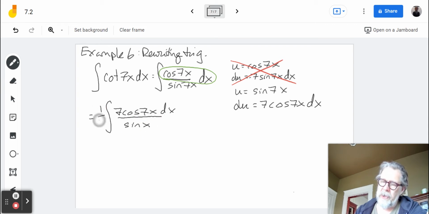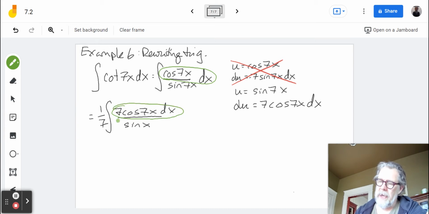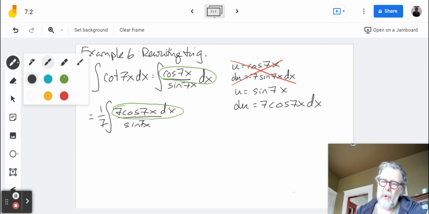Which means I need a 1/7 to balance that out. This whole thing on top is my differential du. This whole thing on the bottom, once I stick the 7 into the sine of 7x, is my u,